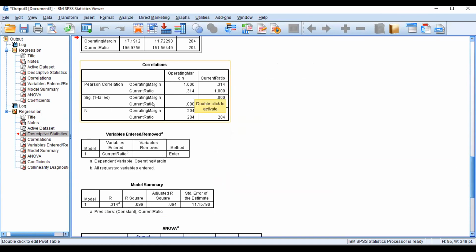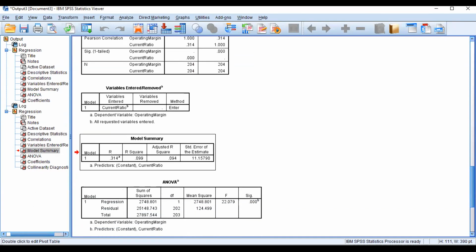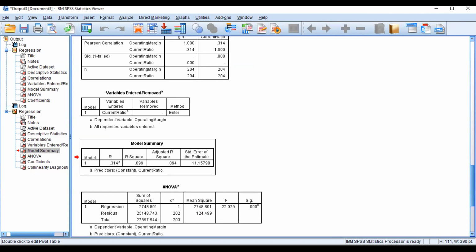We can report that they are significant at 0.0001 or 5%. We can reject our null hypothesis that there is no relationship between these two variables, and the method is enter here. R square is 0.09. Only 9% of the variation in the model can be explained. The remaining 91% of the variation in the model is not explained.